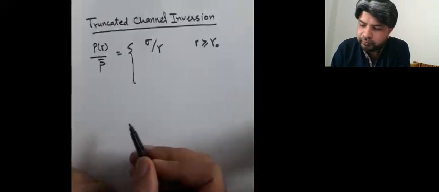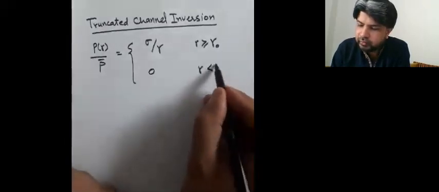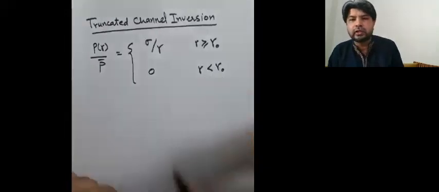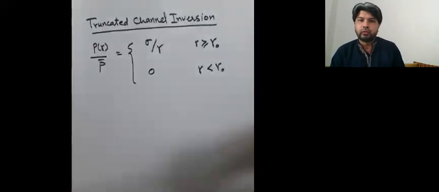And if not, you allocate nothing. So if your instantaneous signal to noise ratio is less than a threshold, you would not